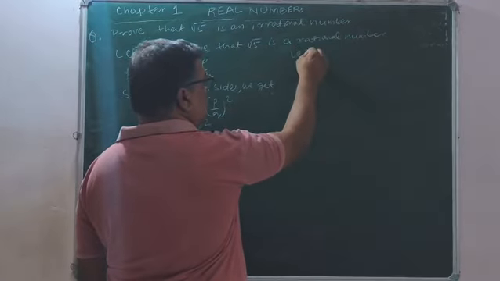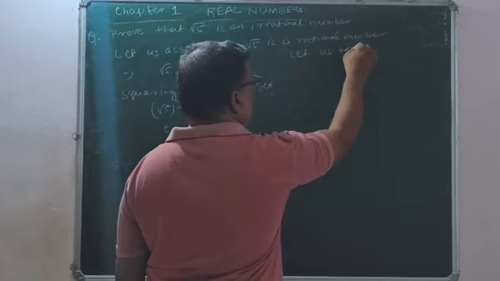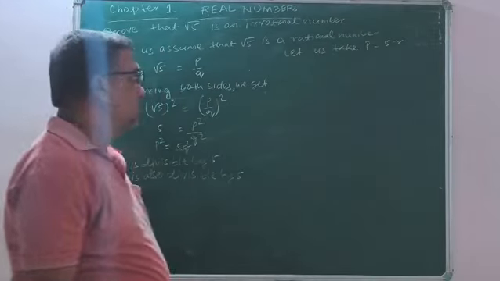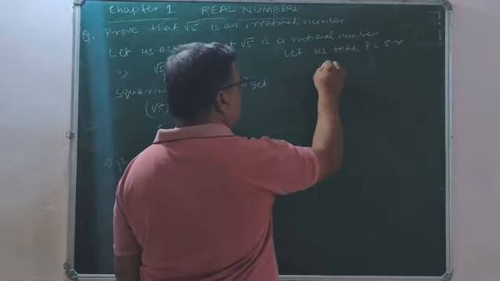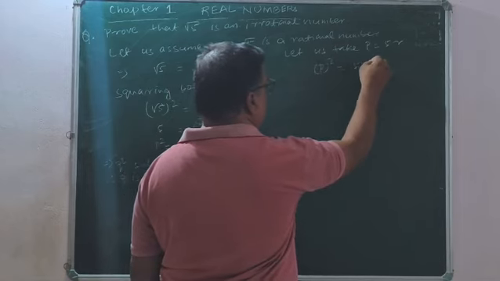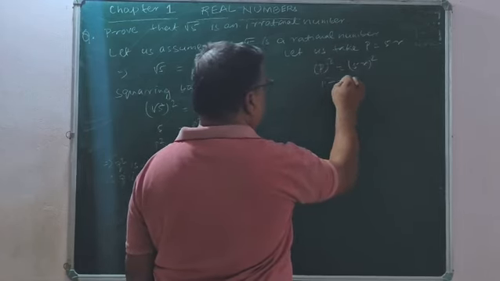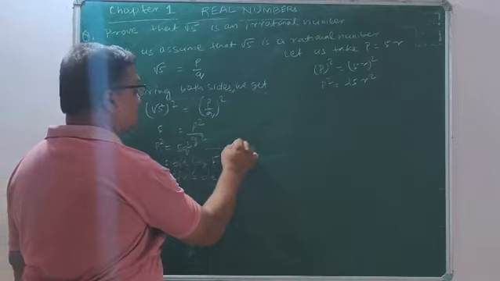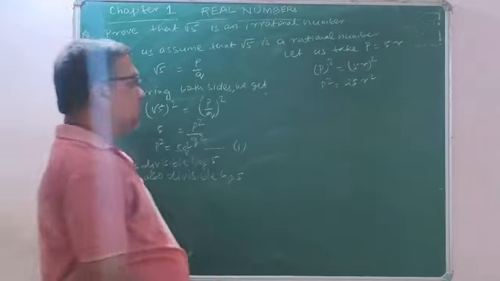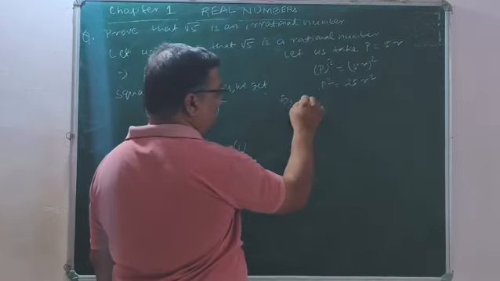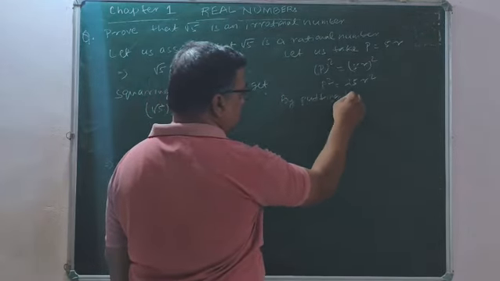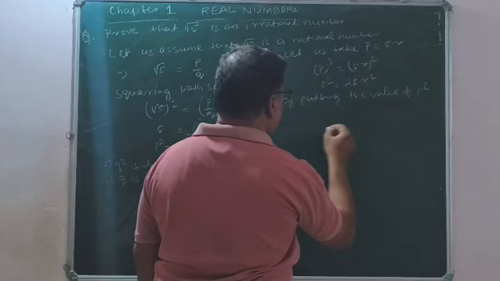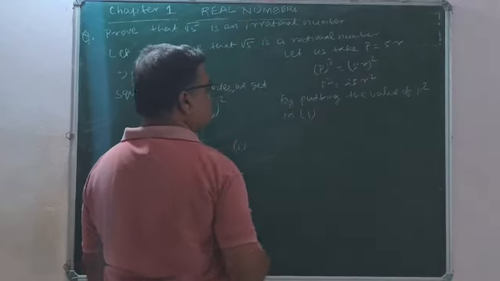Next step, let us take p equal to 5r. So p squared equals (5r) squared, that is, p squared equals 25r squared. We take this as equation 1. By putting the value of p squared in 1,